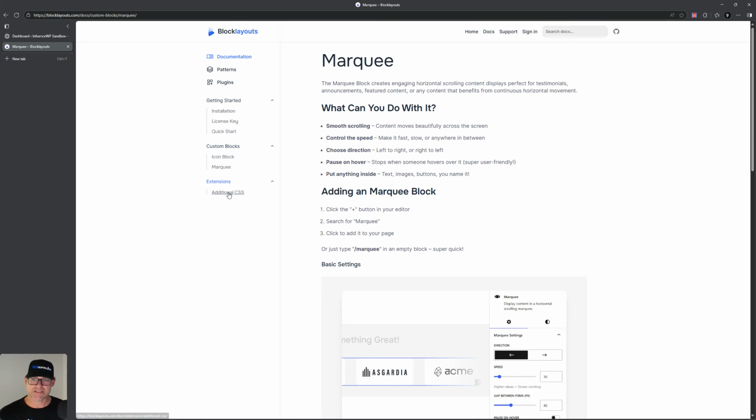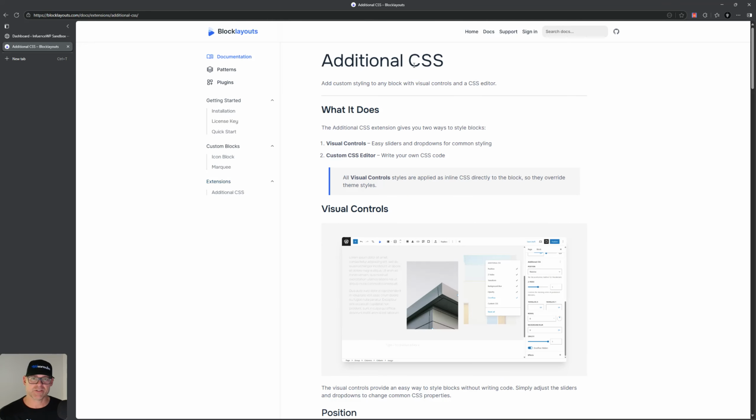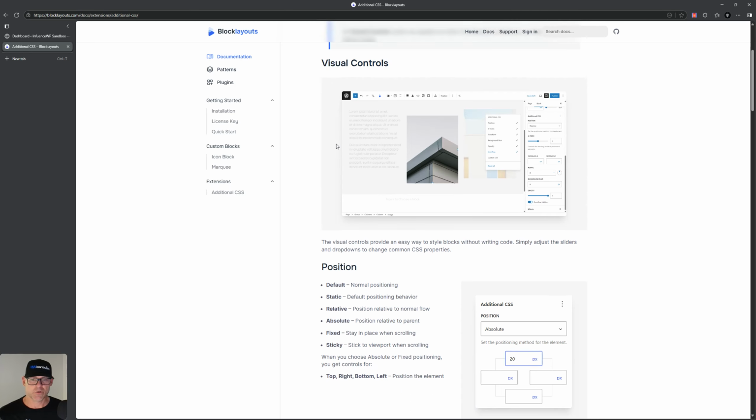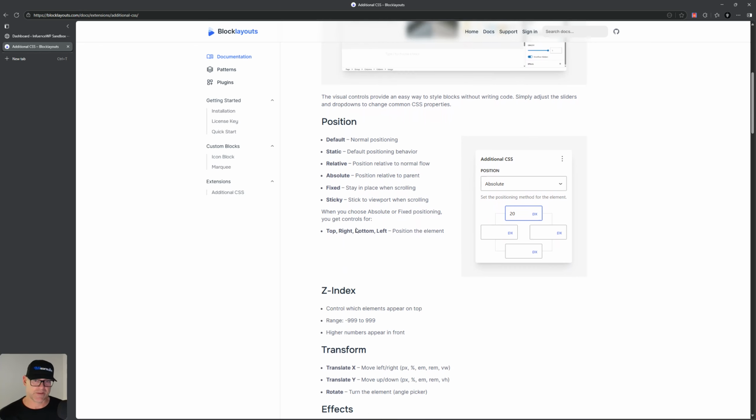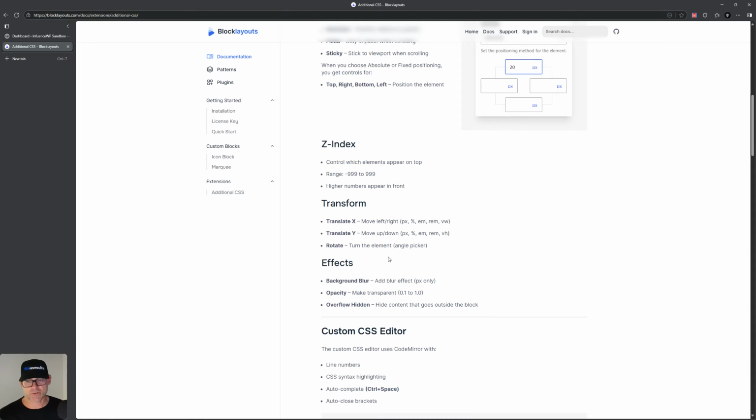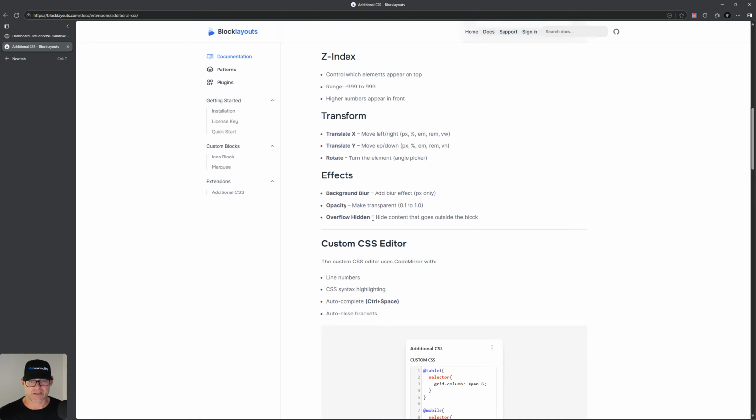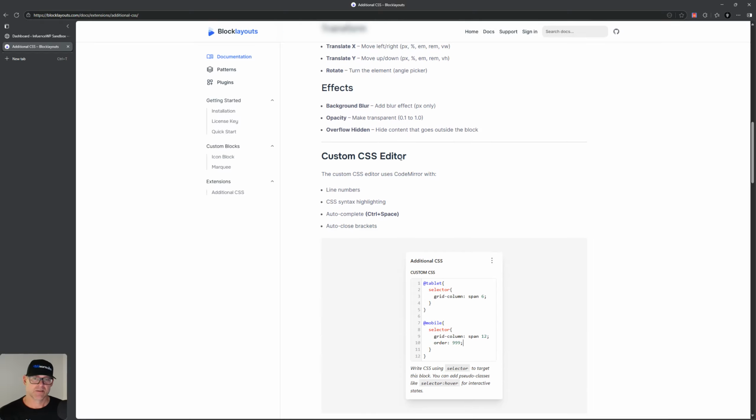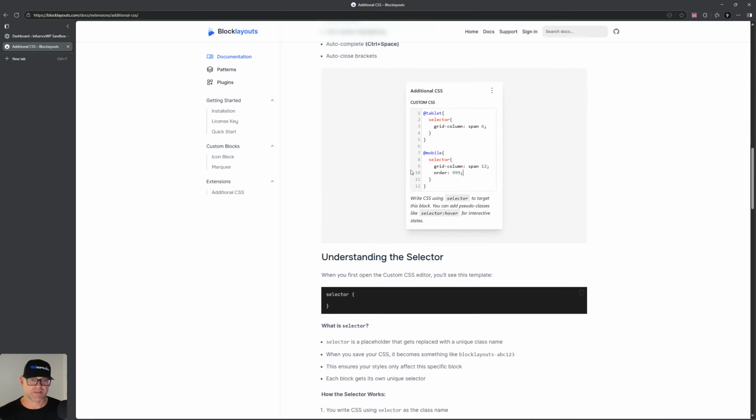Next up we have extensions. Looks like they have one extension available, and this is additional CSS. So this is going to give you additional controls within the WordPress core blocks, and then obviously within Blocklayouts. So you can adjust things like the position of elements, z-index, transform, some effects like background blur, opacity. They also give you a custom CSS editor,